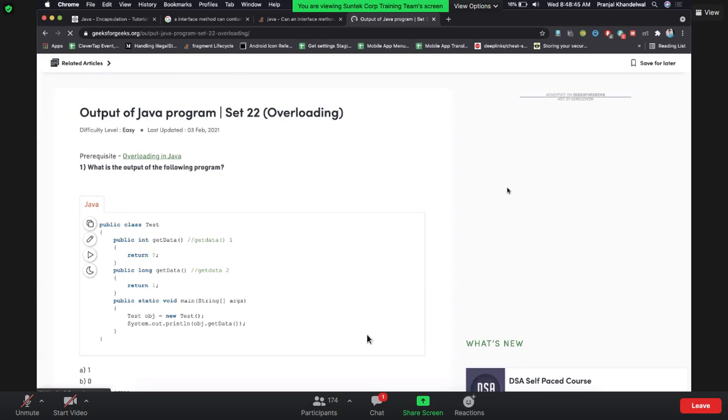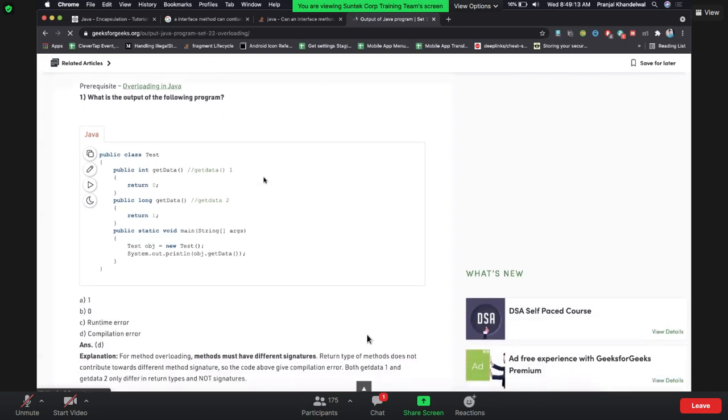Okay, error. Okay, good. Compile time error. Why will it give the compile time error? Okay, same method name, same parameters.